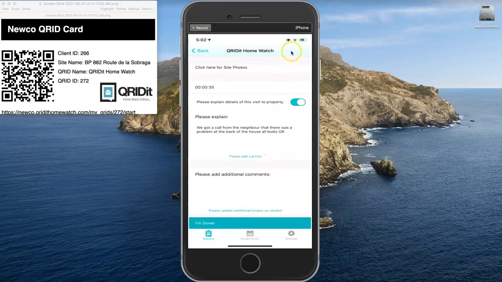But I find that I had a very low data signal. I maybe only had one bar, or I'm in a cement building and I'm just not getting good cell reception. I don't have Wi-Fi. So I have it set up. Say I have multiple sites like that. Now the way I have it set up, when I hit I'm done,